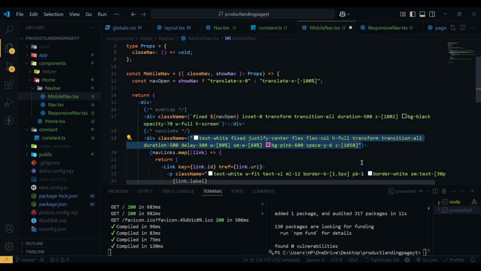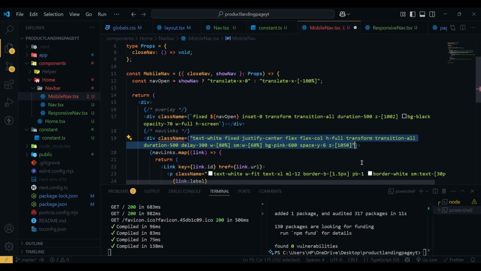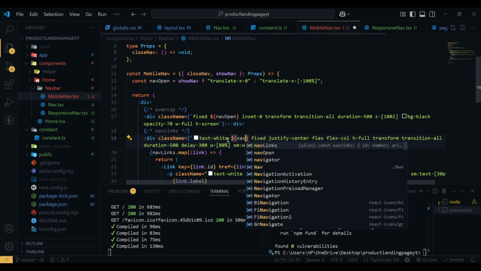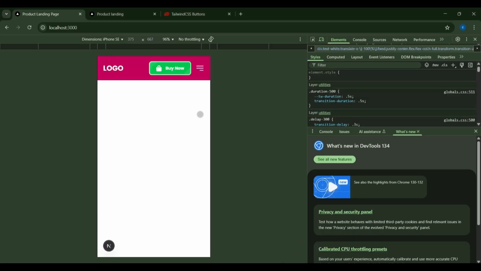So convert this into a template literal, and remove the double quote, and here add the nav open. That's it. Now if I hit save, and let's go to our project, and now if I click here, you